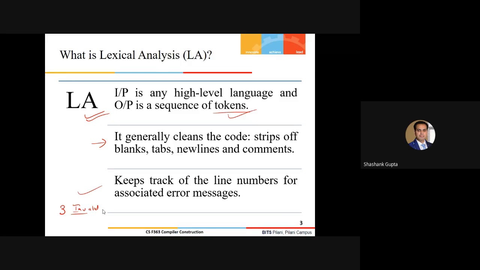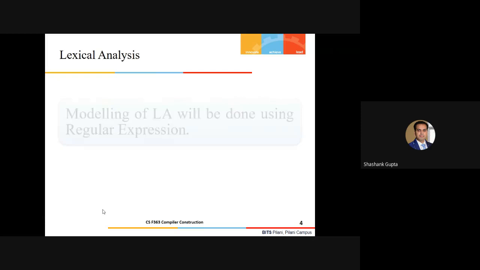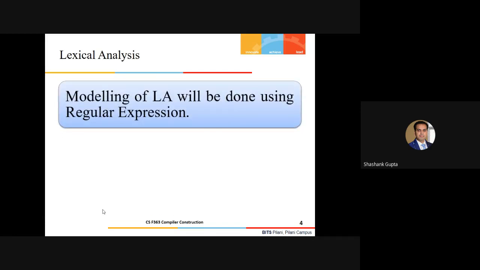Now, how am I going to implement this? What exactly is required? First of all, I need the language specifications, a certain set of rules in the form of regular expressions. We all know very well, we have studied these things in TOC, how we can design regular expressions for a set of languages; this time we have to generate regular expressions for a certain set of tokens.